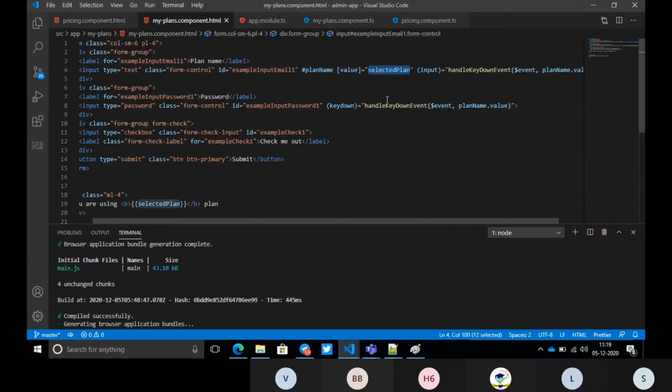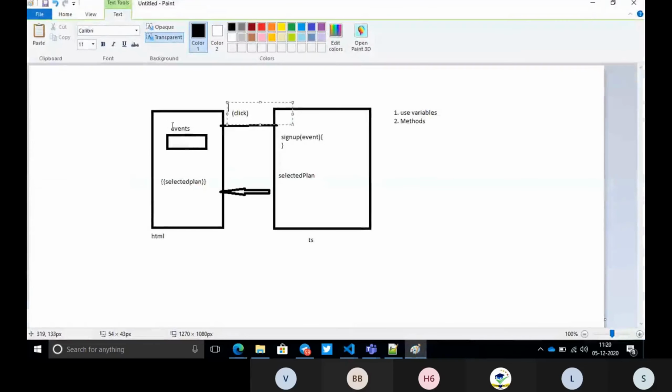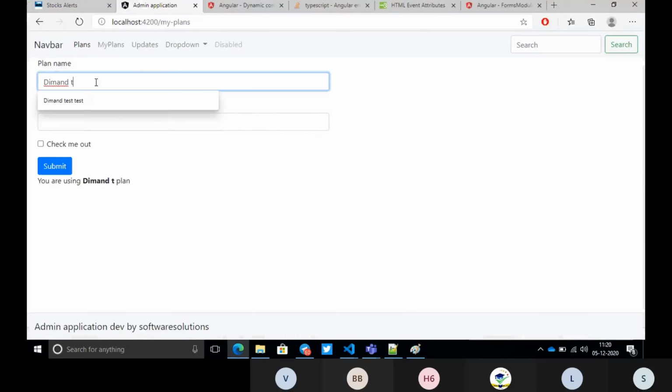So now we have seen three approaches. One is event binding, where we type something and it comes here. Second is the template, where we have the value in the TS file and we display it in the HTML. Third is when we type something in the HTML, it reflects dynamically. Here, Diamond Pro: whatever we type here, you can check it here.